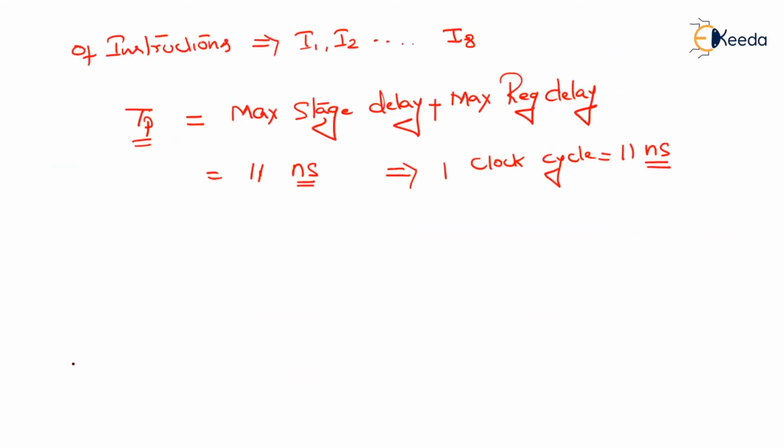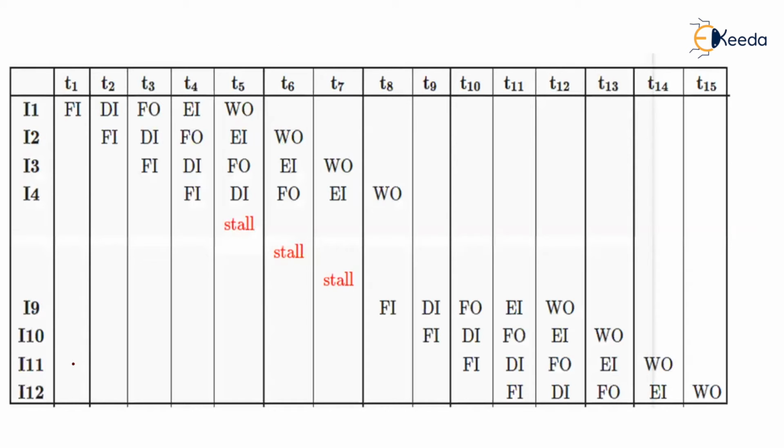So what we do is we are going to draw a space-time diagram. That is, it looks this way. In the space-time diagram, on the x-axis, you're going to have the clock cycles. We are going to plot the clock cycles T1, T2, T3, T4, T5, T6, T7, T8, T9, T10, T11, T12 to T15. If more clock cycles are required for executing these instructions, the x-axis length will be more